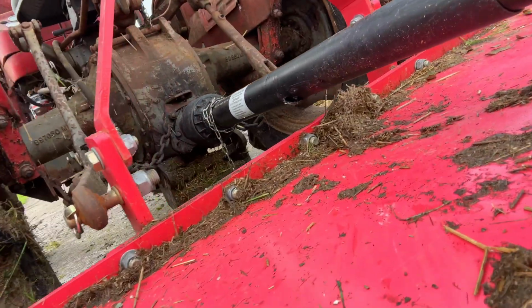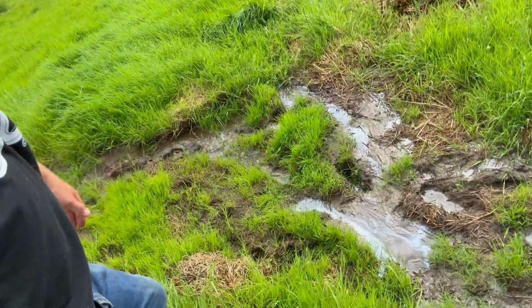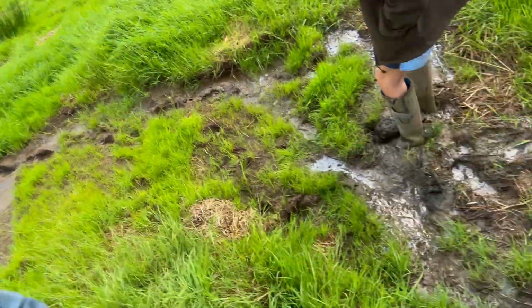Now, that went extremely well, considering I just bent the PTO shaft because I lifted up the topper and there isn't a great deal of room between that and that. So I've now got a bent PTO shaft. Fantastic. I know. So anyway, I used the diff lock there, Maxie, didn't I? Yeah. It's alright. You can see how wet it is here, look. But Max can go in there. Yeah, lovely. So that's why I wanted to get this topping done before it rained, because this field gets wet very quickly. Anyway, really wanted to move the topper, but we've done a bit of topping as well,